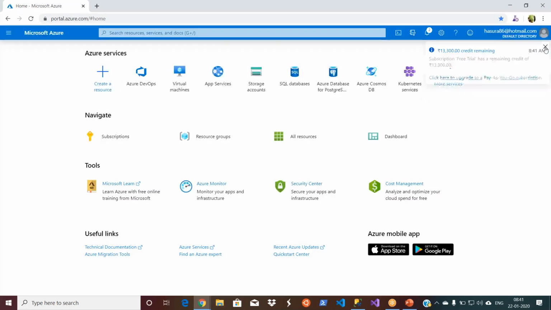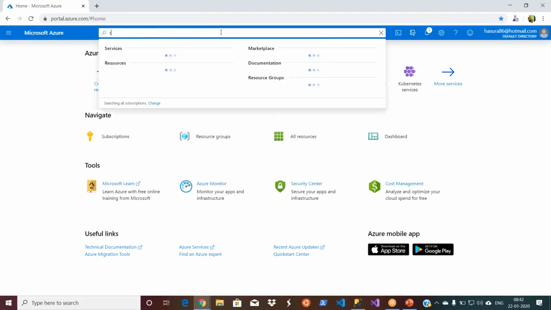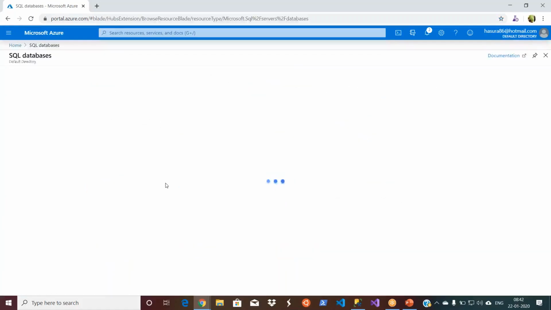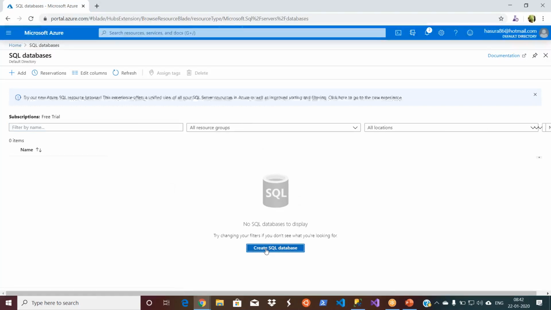Okay, so Azure has a platform-as-a-service version of SQL Server, so you call it RDS or you call it Azure SQL, because you don't need to worry about your underlying infrastructure. It takes care of all the scalability, etc. Let's go and search for SQL databases. I'm going to take SQL databases, and let's go and create an SQL database.